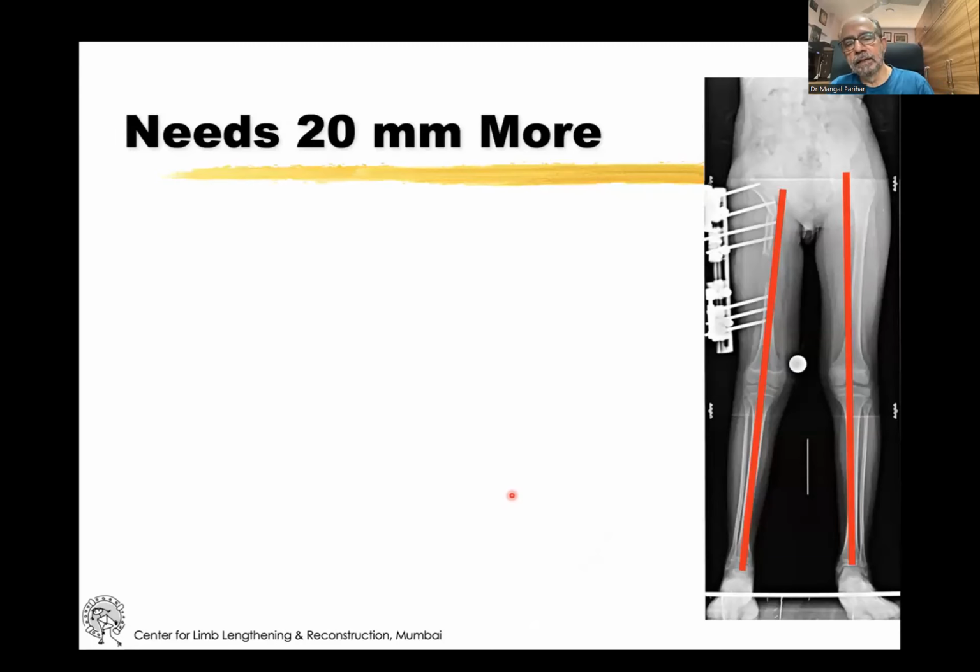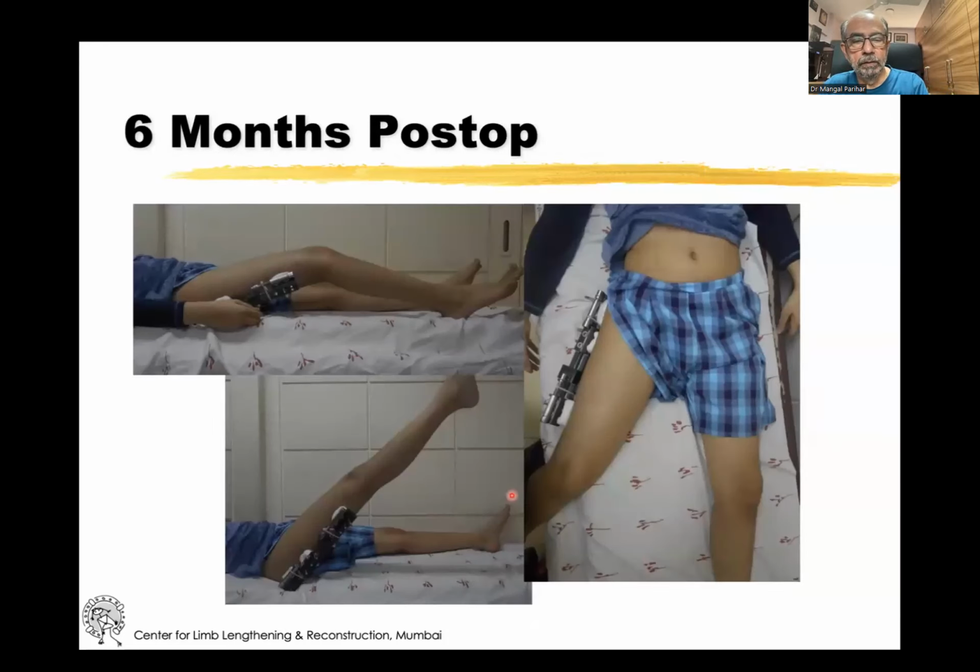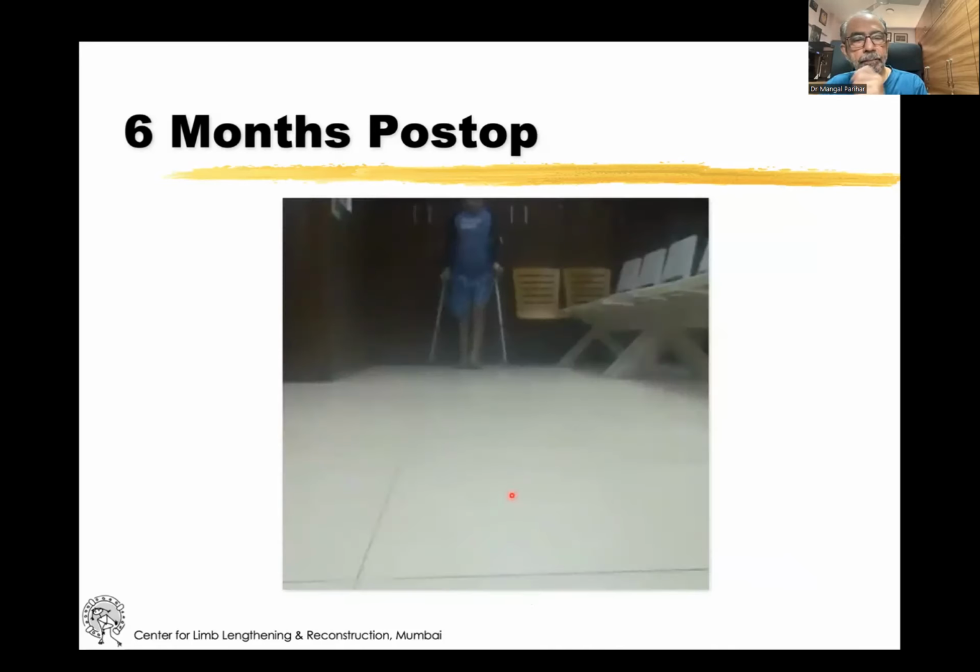And that's doing a full length X-ray to measure his length. Axis is straight, but he needs 20 millimeters more. Initially, oftentimes, because of the tight abductors, the extreme adduction and the abductors becoming tight, patients may have a little bit of an abduction deformity, and that's a good thing because over time that will stretch out. So having an abduction deformity in the early period is a good thing. So that's him at 6 months.